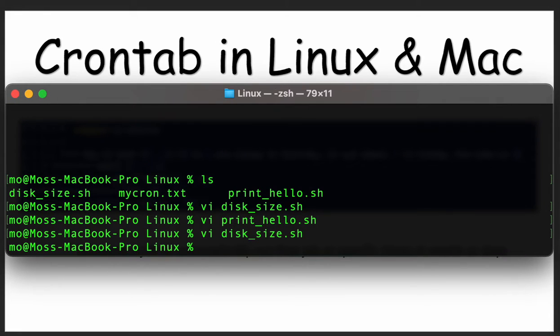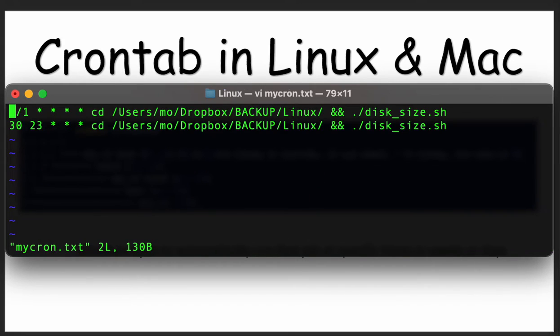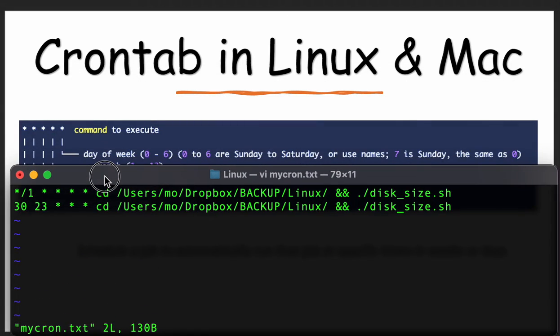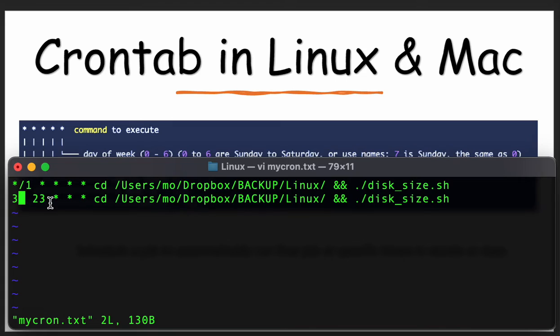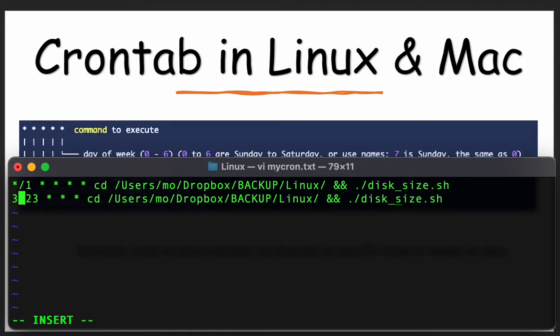So now let's get started on how to do this cron tab. What I typically do is create a text file or any file and put all my cron tabs that I am running into this text file. Here is a simple example of that. Let's go to the second example, the second line. I'm saying run this script at minute 38, at hour 23, and every day